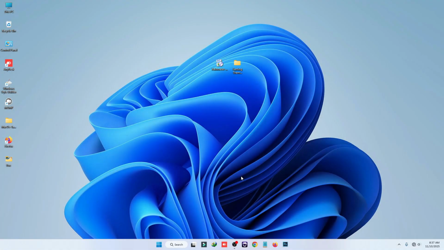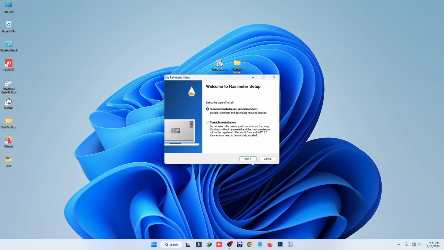Today I got a really exciting desktop setup for Windows 11. In this tutorial I'm going to show you how to customize your Windows 11 desktop using only Rainmeter. And one more thing, this customization is not going to affect your system performance. First you have to download this software called Rainmeter and then you have to install it